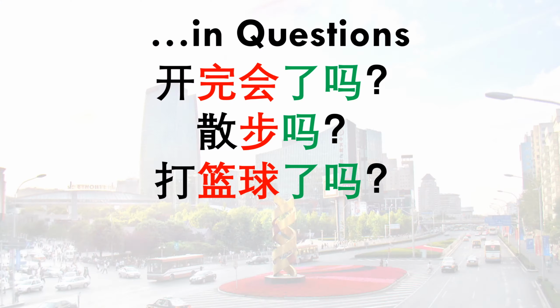Now, 打篮球了吗? Did you play basketball? So here, usually you would stress the 篮球, right? Because it's verb plus object. So 打篮球, 打篮球. But when you have that sort of tone, like, so did you play basketball after all? Then you want to de-stress it. So 打篮球了吗? So you're emphasizing the first part of the word, the verb, but not the second part, the object. So 打篮球了吗? Instead of 打篮球了吗?